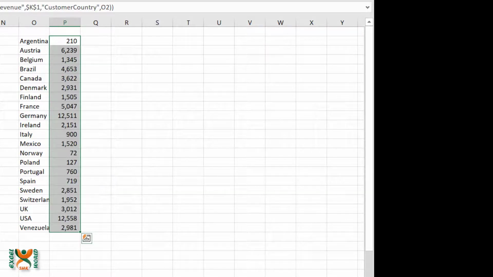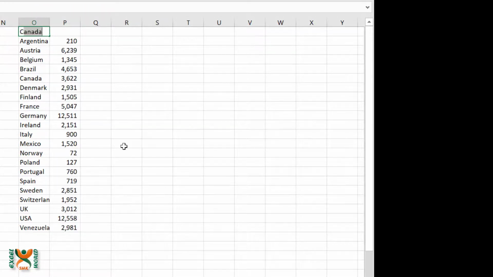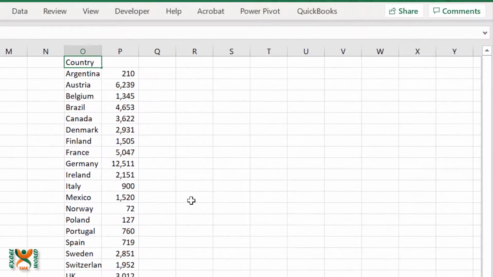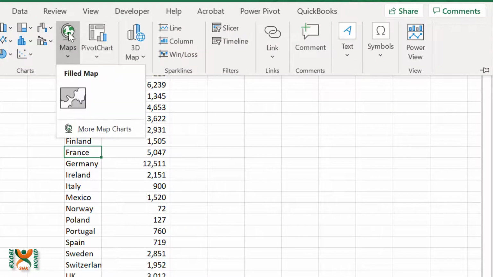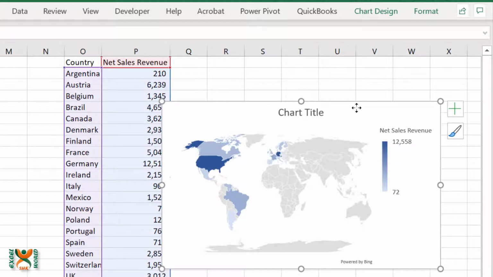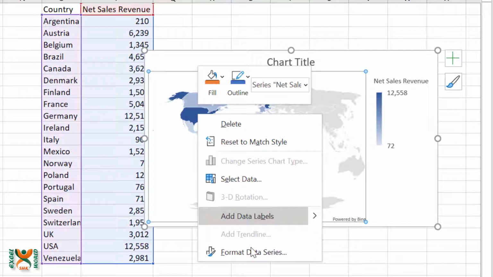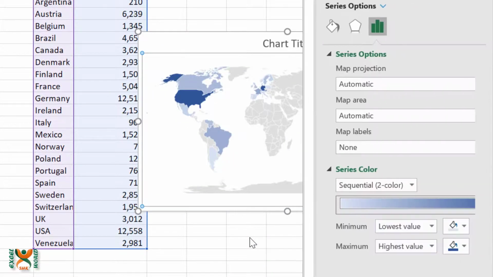So this is our data which will form the basis for inserting a map chart. This is our country, just if you want to name both the columns, and this is our net sales revenue. So we are going to insert a map chart. Go to insert and insert the map chart. We can modify the colors so that it looks more informative. We can right click on the map, go to the format data series, and